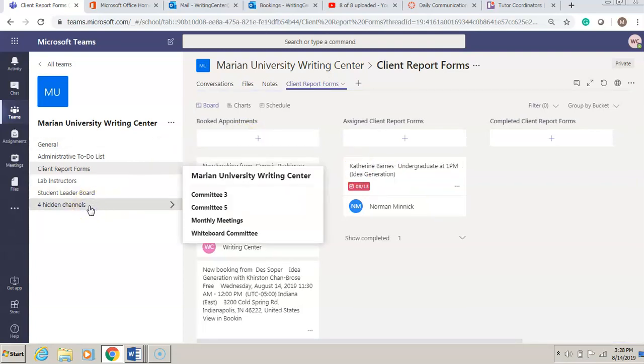And then we have four additional channels. You can show channels in your own personal Teams page by clicking this show list. This is where our committees are going to be housed. So you can show in these available channels whatever committees you are on. These committees are going to be at the discretion of you guys. You guys are going to be in charge, whoever is on that committee, of setting up these Teams pages in a way that is going to help you stay organized, help you stay accountable, and help you carry on the